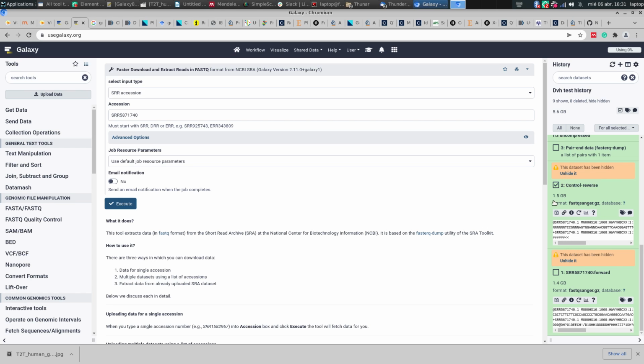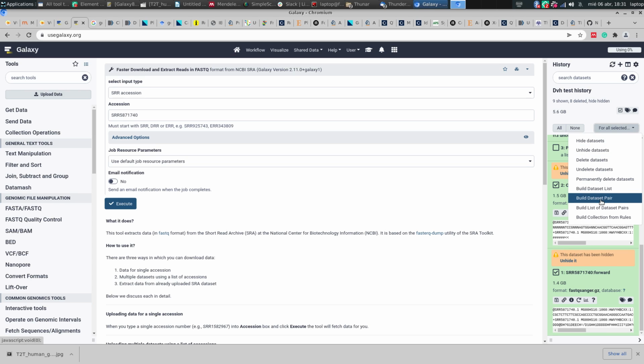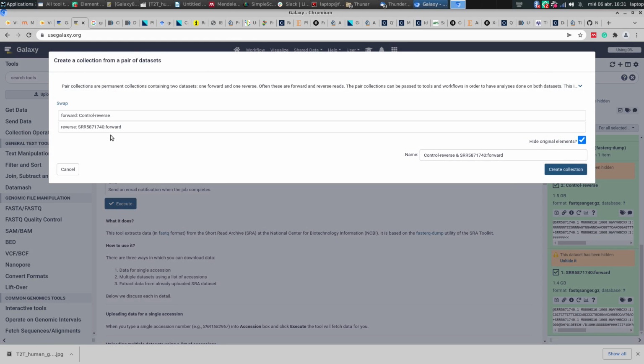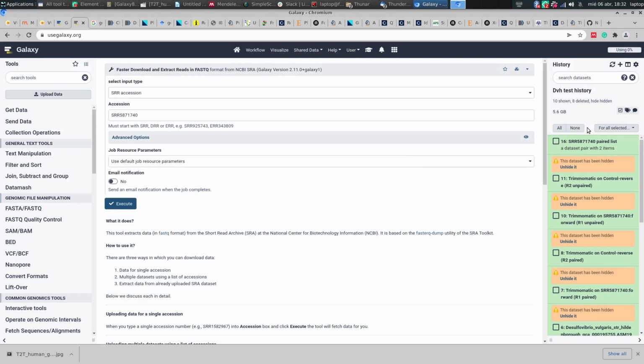Now we need to click on them and click on build. Here we need to check that the order is the correct one. The forward should be at the top, and we just need to rename, for example, byte list. So we just need to create the collection,